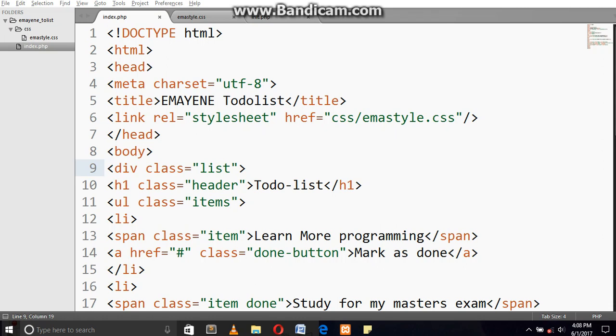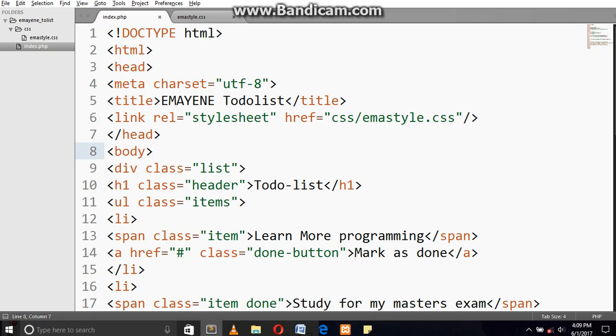Okay, alright guys, welcome back to another tutorial on how to create a to-do list using the PHP programming language. For this tutorial, we already started the layout and we are done with the front end of our application. So what we are going to do is create the brain for this program using PHP, and we are going to script this application using